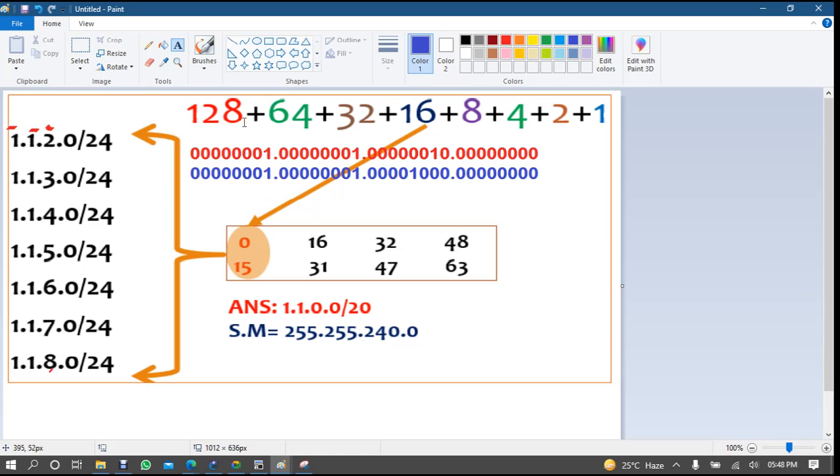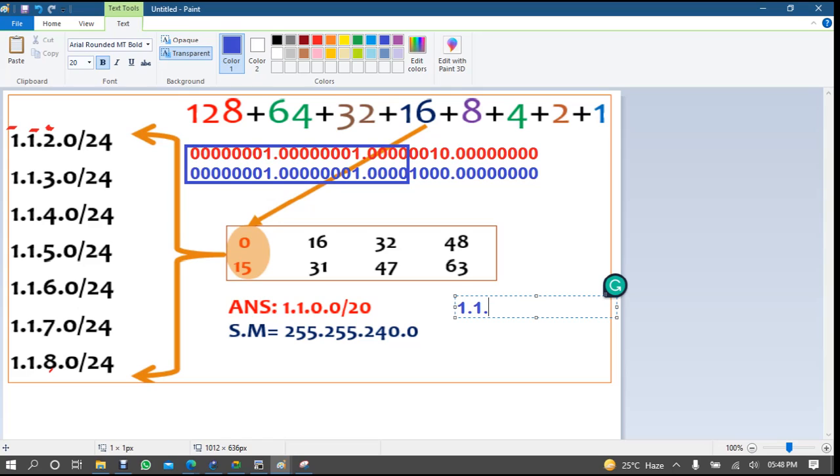Now which one is common? The first bit is common. This bit is common, but till here it is common, right? And after these are not common. So you can simply say, okay, if it is common, count it: 8, 16, 17, 18, 19, 20. So you say it like this.